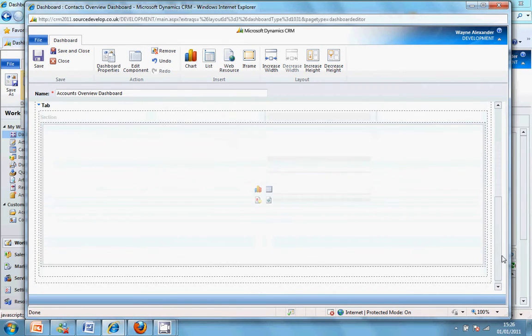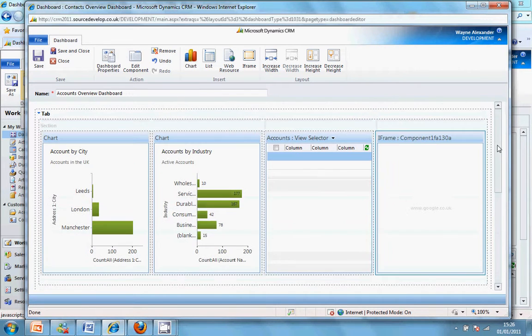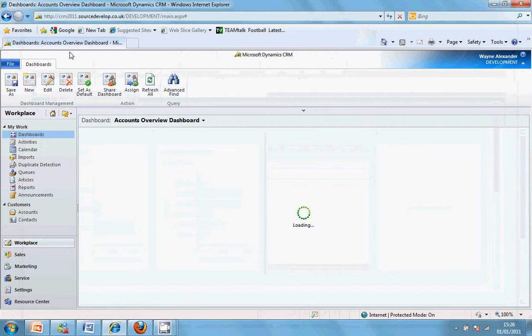And you can see how powerful this dashboard could be, because literally you can put views, you can put charts, you can put web resources, i.e. images or pretty much sections of a web page, or even iframes into this dashboard. I'm now going to finish off this dashboard. I'm going to go ahead and click on save and close,